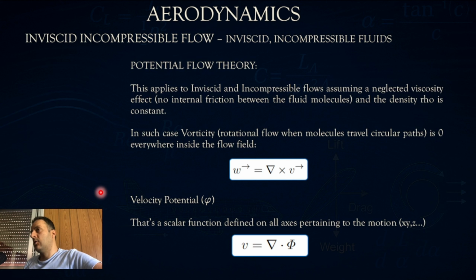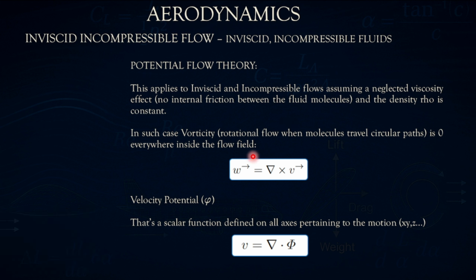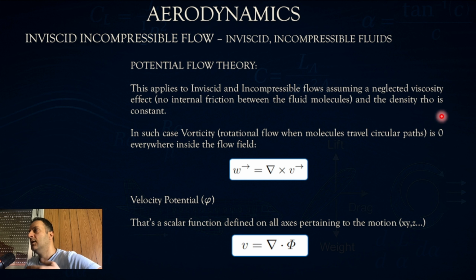Let's talk a little bit about potential flow theory, which applies for inviscid, or non-viscous, non-compressible fluids. So this applies again to inviscid incompressible flows, assuming a neglected viscosity effect on the flow. So there's no internal friction between the fluid molecules and the density rho is constant. In such case, vorticity, or rotational flow when molecules travel circular paths, is zero, okay? That's the rotational flow. Vorticity means you have vortices, you have spiral trajectories for the fluid molecules